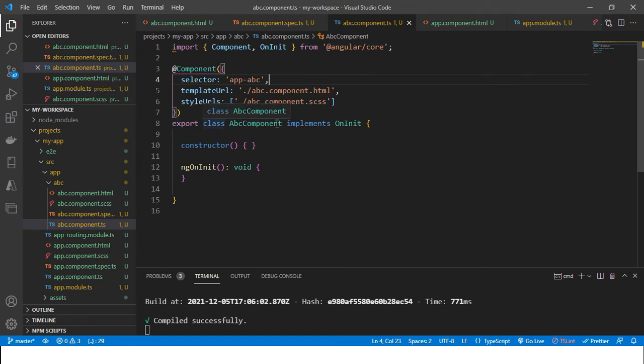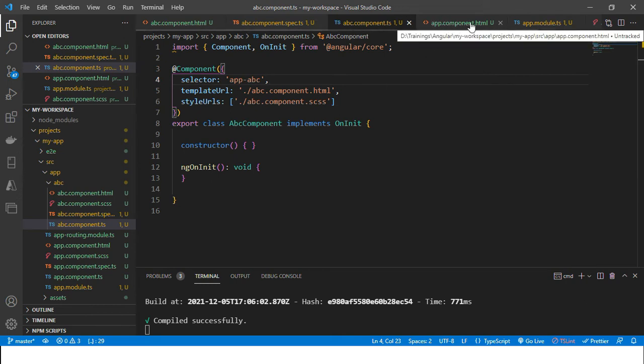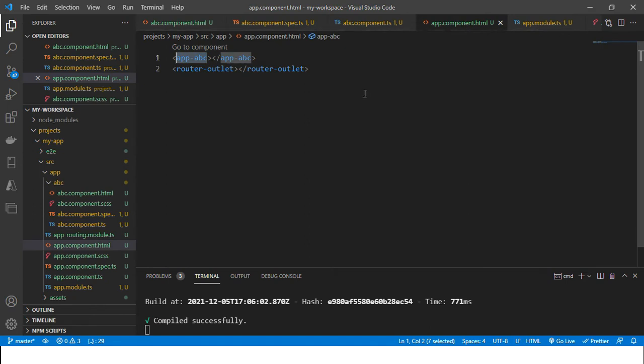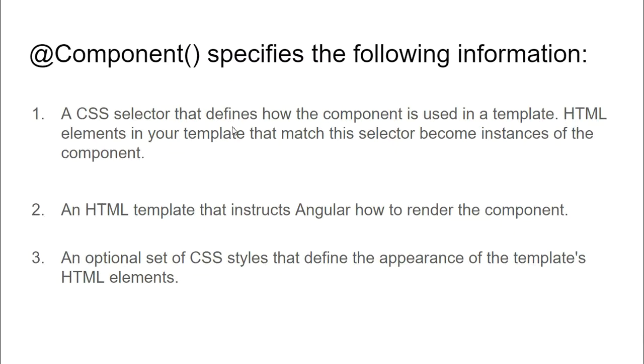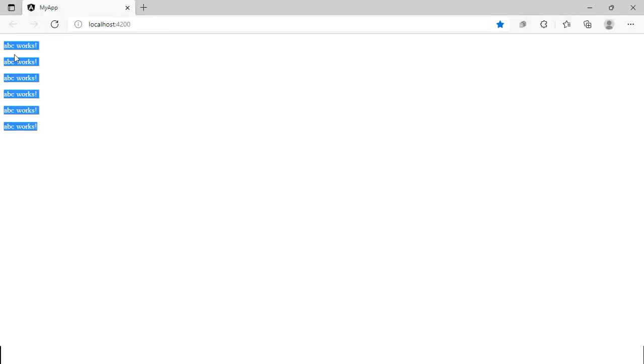For this instance, there is a view, that is abc.component.html. That view will be rendered at this place. This element will be replaced with this view. So the view is rendered like this.